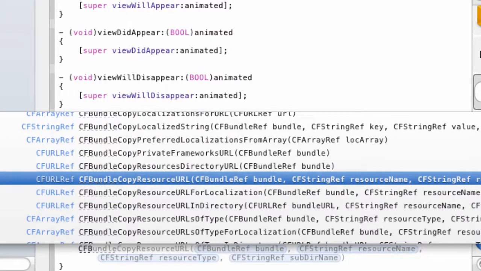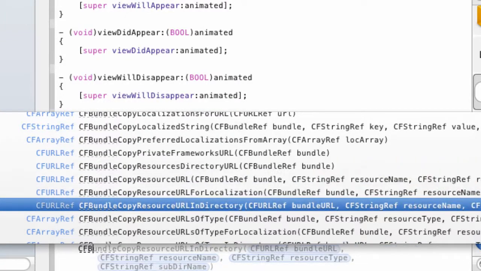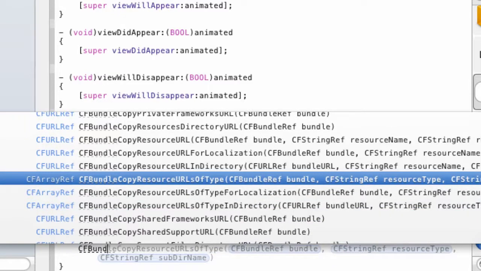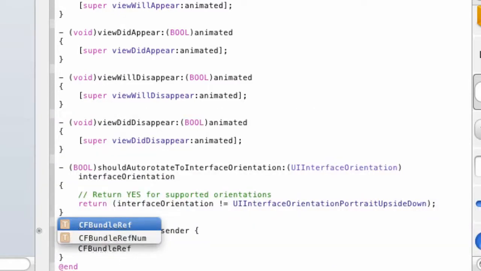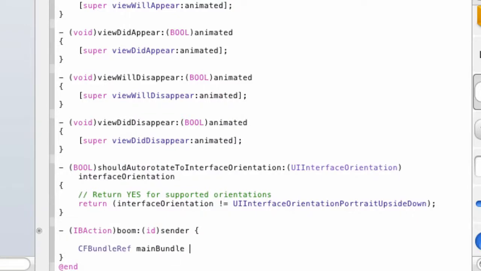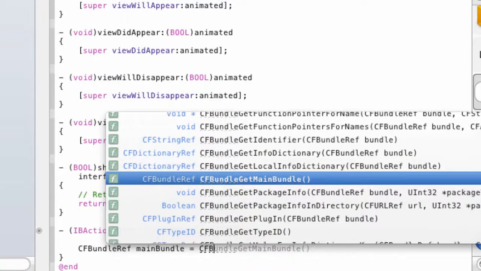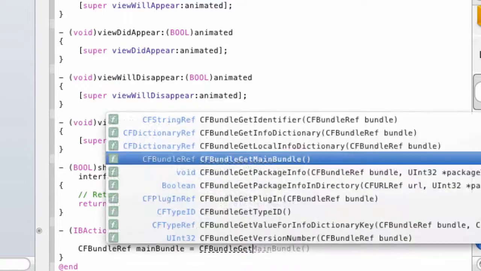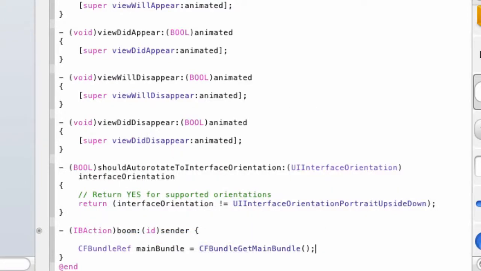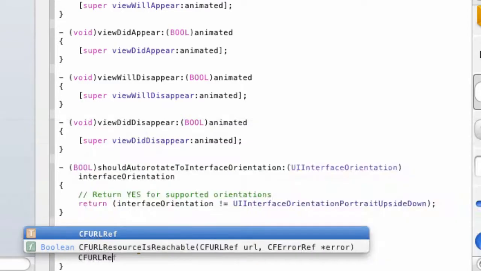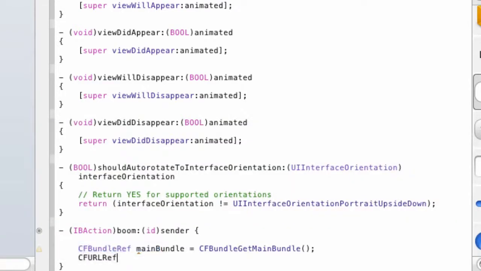So we're going to start off with CFBundleRef, and you can scroll down or whatever you like to do, but I'm just going to go ahead and type this in. CFBundleRef mainBundle equals CFBundleGetMainBundle, semicolon. Go down to the next line, type in CFURLRef, and then we're going to call this soundFileURLRef,